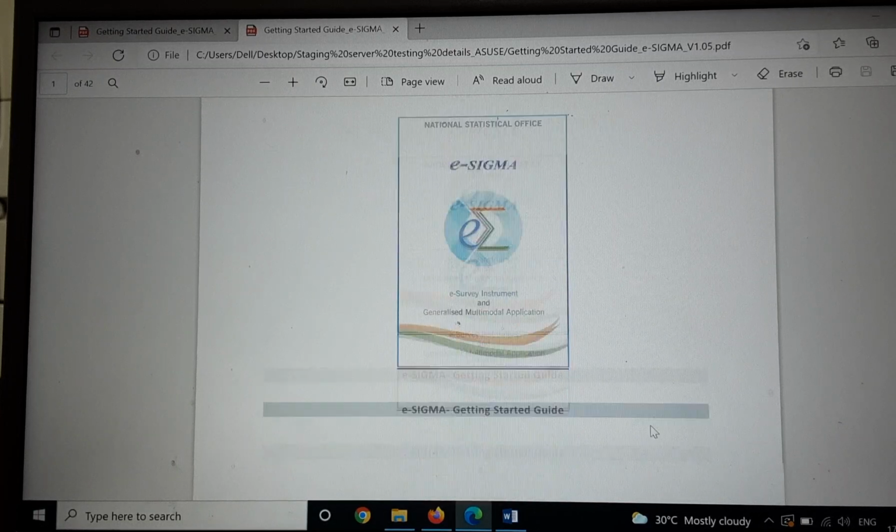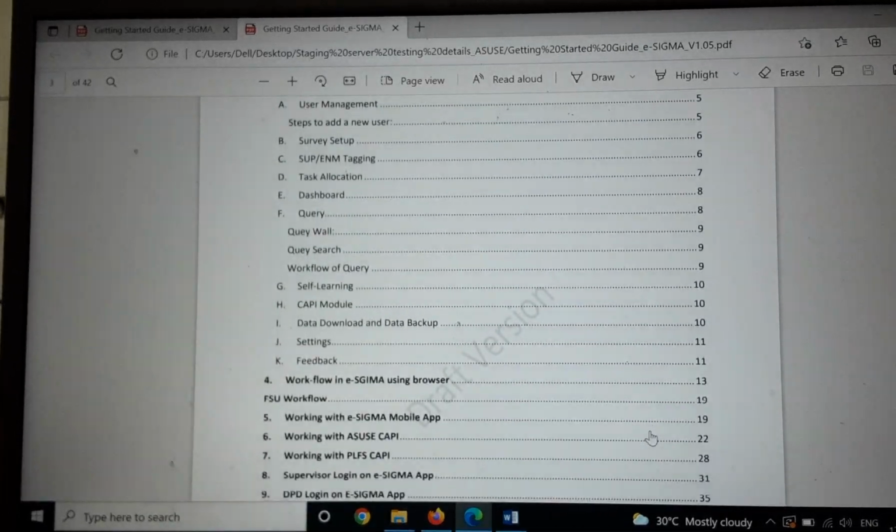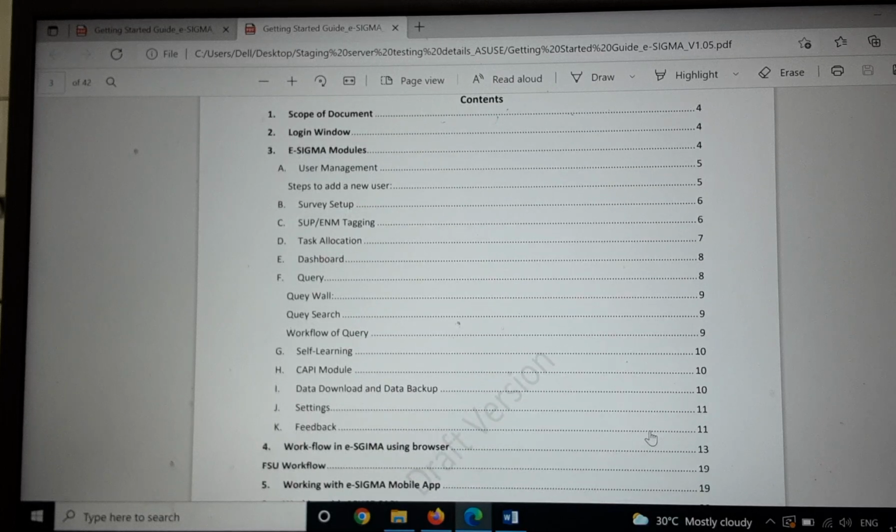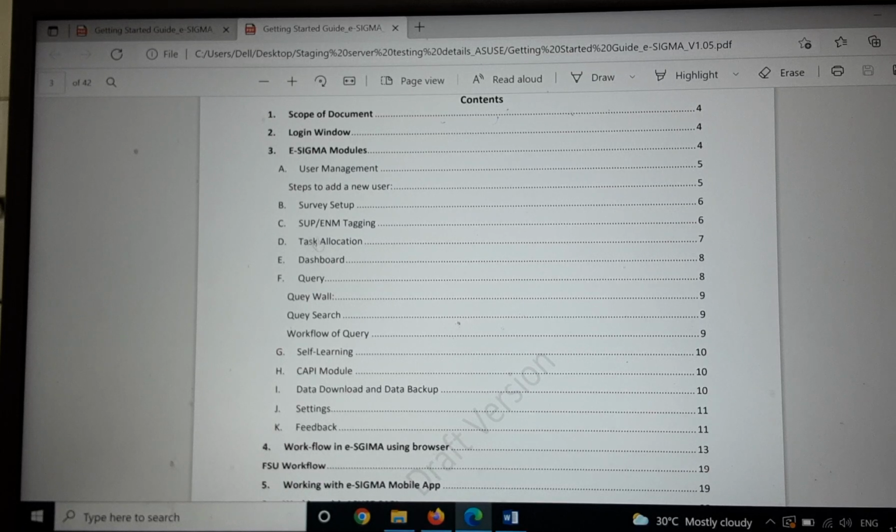This user manual gives a complete and detailed account of all the users that are there in eSigma along with their privileges. Like there is user management module, there is survey setup module, supervisor enumerator tagging. This module facilitates the formation of teams of supervisors and their respective enumerators. Then task allocation: this module will facilitate the allocation of FSUs or tagging of FSUs with the enumerator and supervisors.